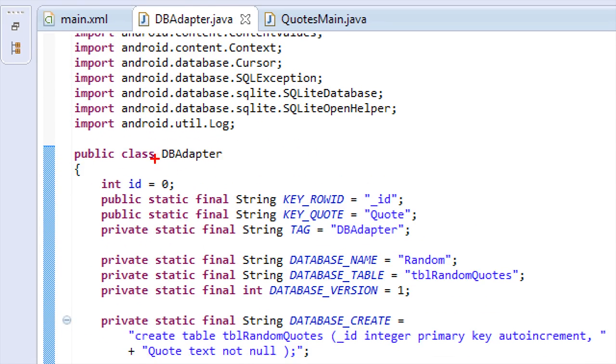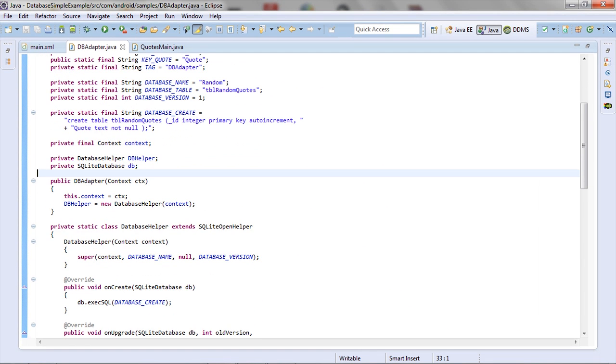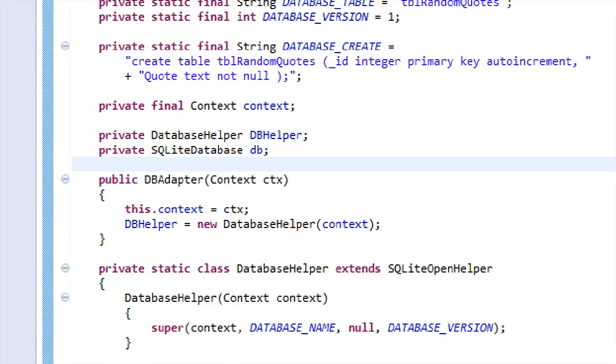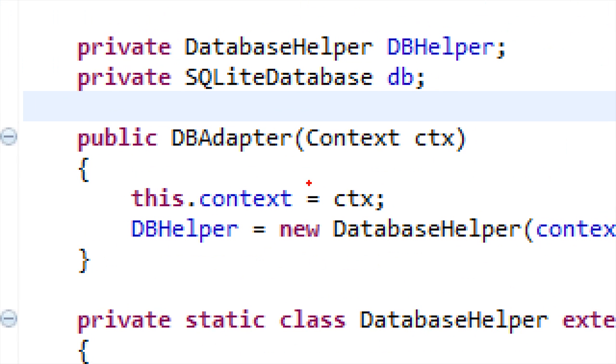So moving further down this code, our class is called DB Adapter. Its class constructor, and for those who've done object-oriented programming before, your constructor, as we all know, is the very first function called when the class is instantiated.